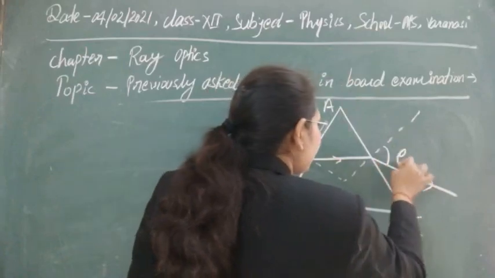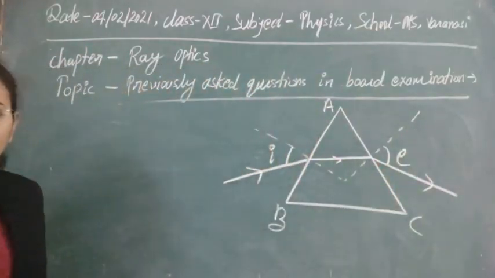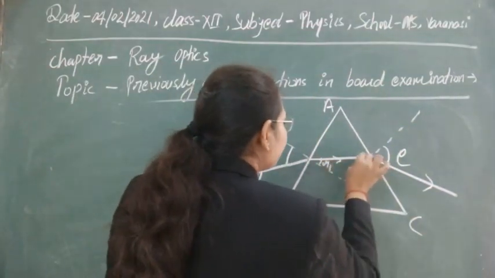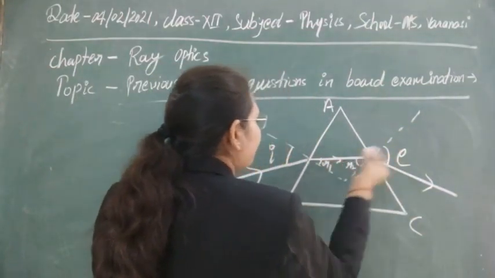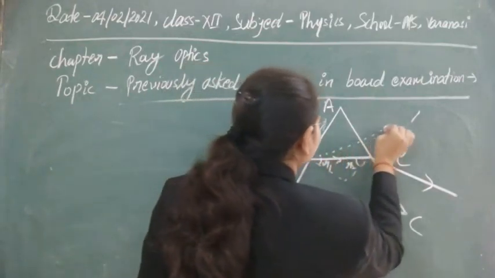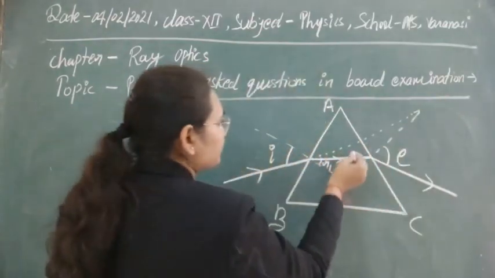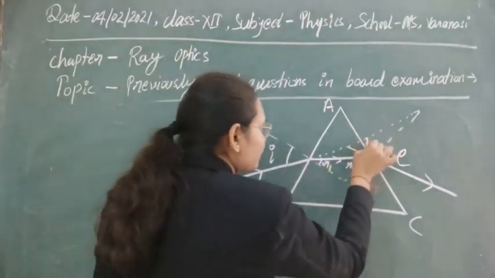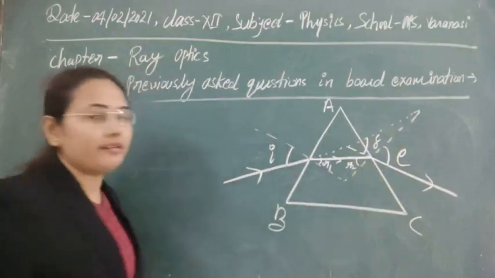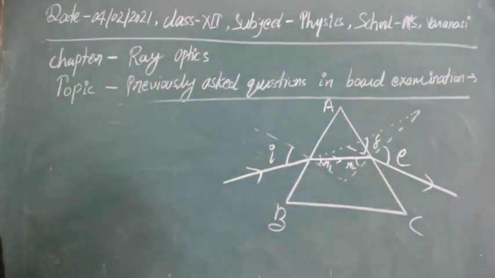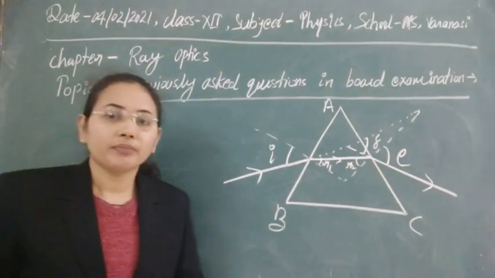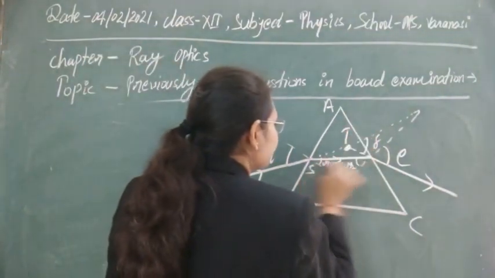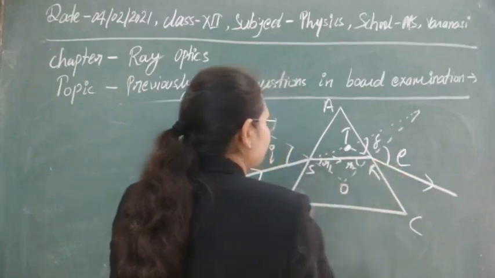This is the angle of emergence, and this is the angle of incidence. Suppose these are the two refracting angles r1 and r2. If you extend the paths, they will meet at a point, and if you expand this part, it is like that. This angle is the angle of deviation. This is the basic prism diagram, which you know already. Suppose this point is T, this is S, this is R, this is O.